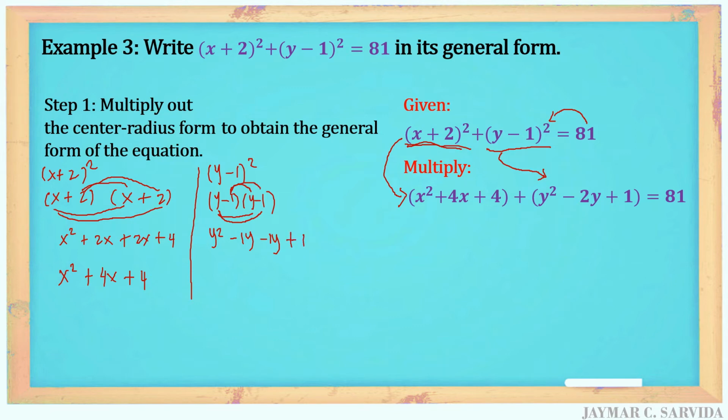If we simplify it further, it becomes y squared minus 2y, because negative 1y minus 1y is negative 2y, plus 1. So the quantity of y minus 1 squared becomes the quantity of y squared minus 2y plus 1 equals